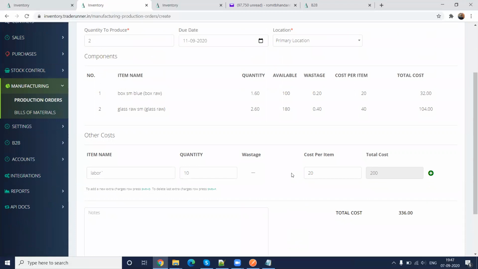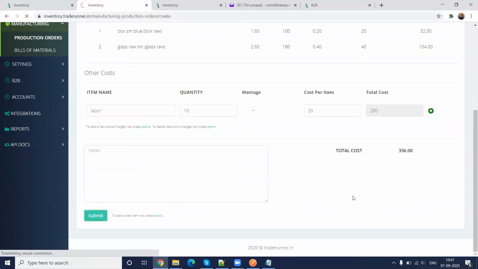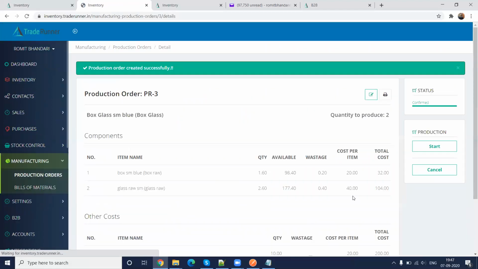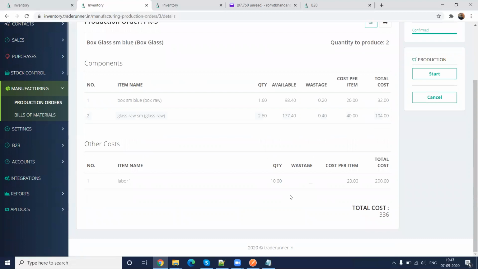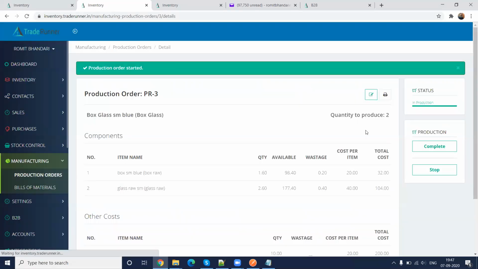Now if I submit this, we created one production order. Now we have to give the start date when the production got started, because we will be tracking that, and once it is complete, we can click on complete or stop production.